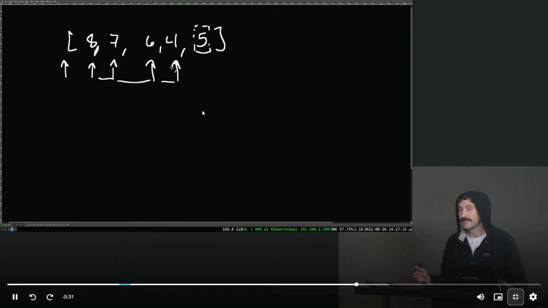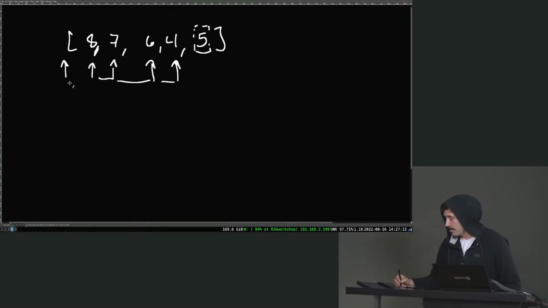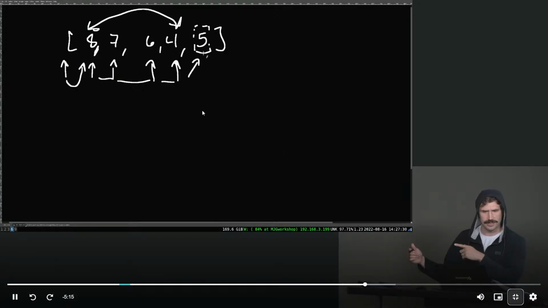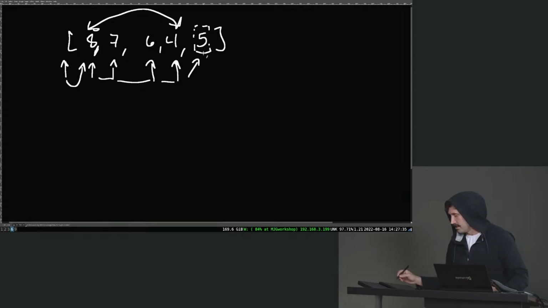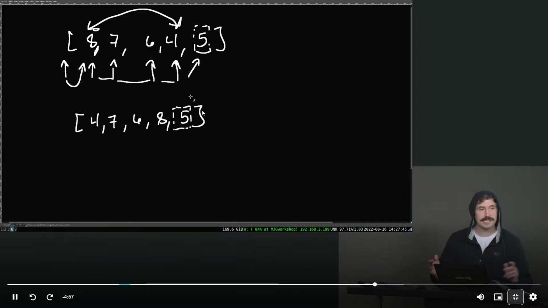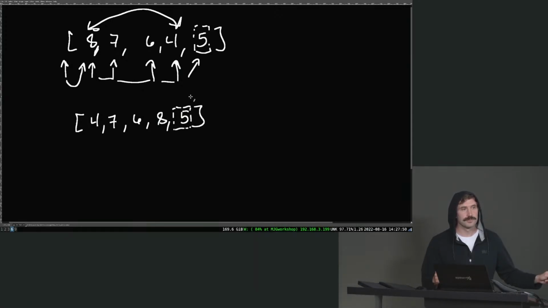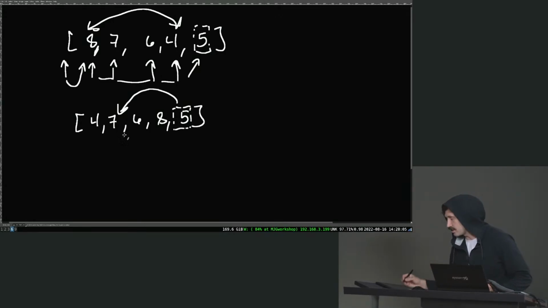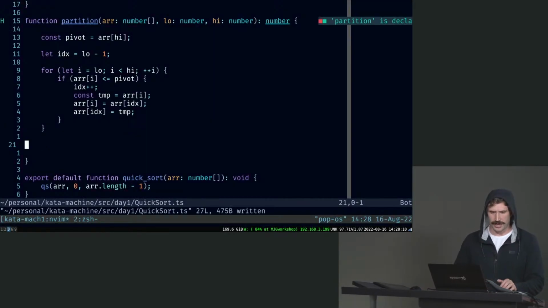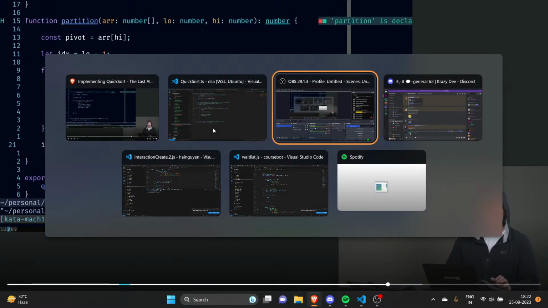Is this less than 5? It is less than 5, so we will put it in the 0. Is that the 5th one? Oh, it also happens to be the 5th one, or index 4 right there. So there we go, we've now flopped it. Last thing we have to do is put our pivot in the middle where the pivot index is, right? That way we hold true to the one rule: everything to the left of the pivot needs to be less than or equal to it, and everything right of it needs to be greater than it. So we're going to have to do one last swap right here. Let's go back down here, and we go index++, increment it once more,